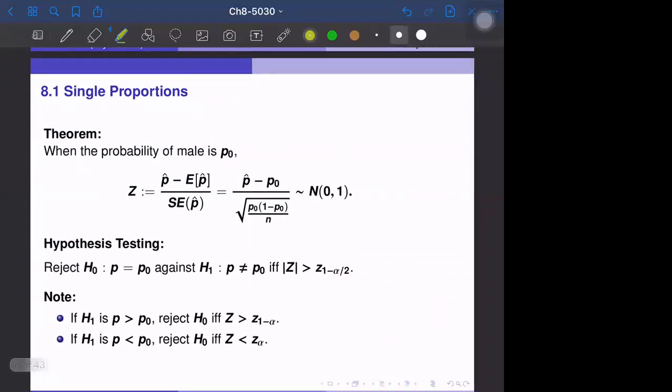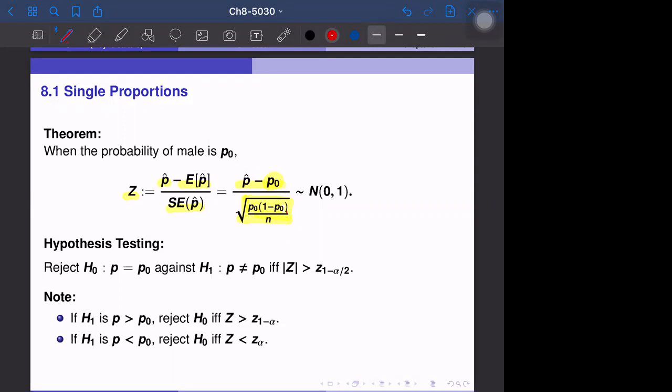So, theorem: the test statistic z is defined by p hat minus the expectation of p hat over the standard error of p hat. That should follow approximately the normal distribution with mean 0, standard deviation 1, variance 1. So that is p hat minus p naught, where p naught is the probability under the null hypothesis, in the previous example 0.5, over this one. And this one is obtained by just using p naught, the hypothetical true parameter. If p naught is 0.5, you can plug in 0.5. And z has a normal distribution.